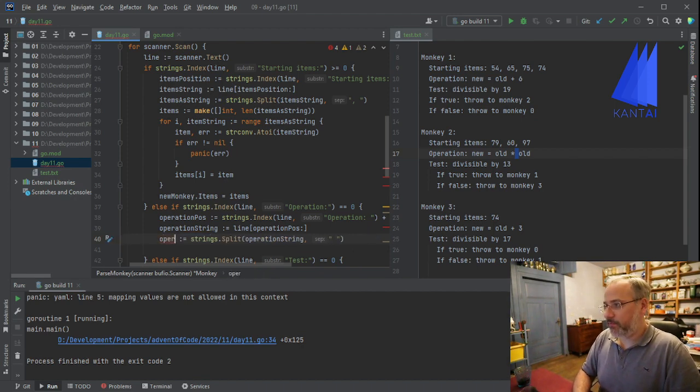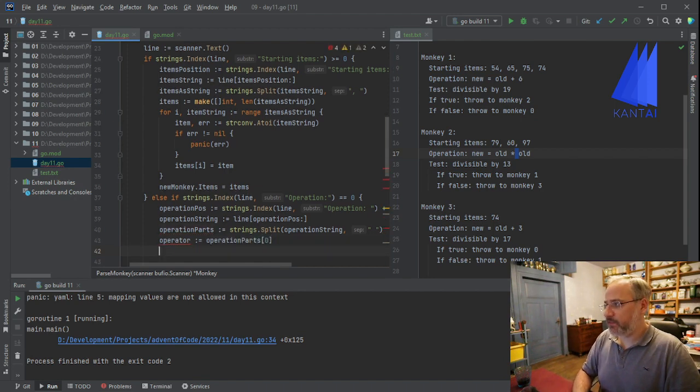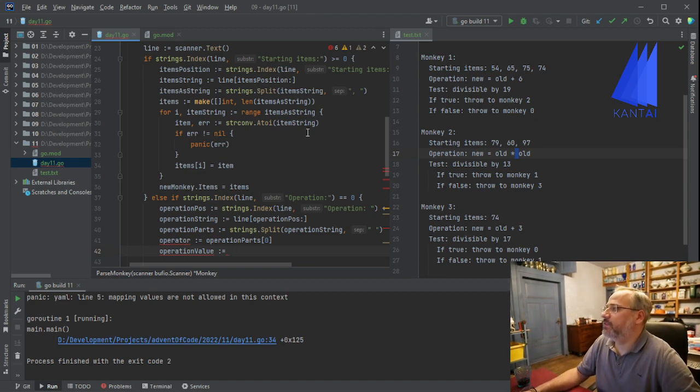So operation parts, and then our operator will be operation parts 0, and our operation value will then be either the same